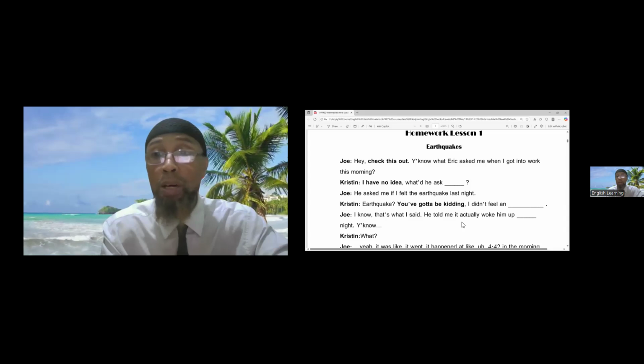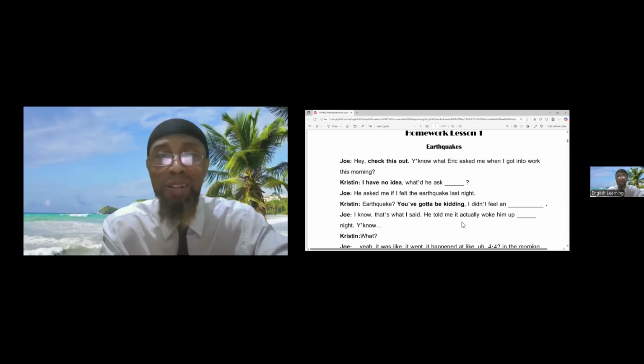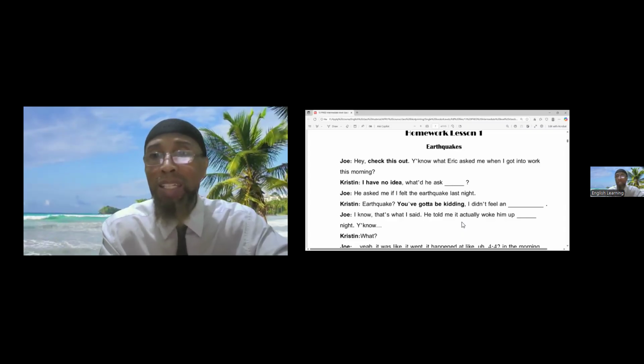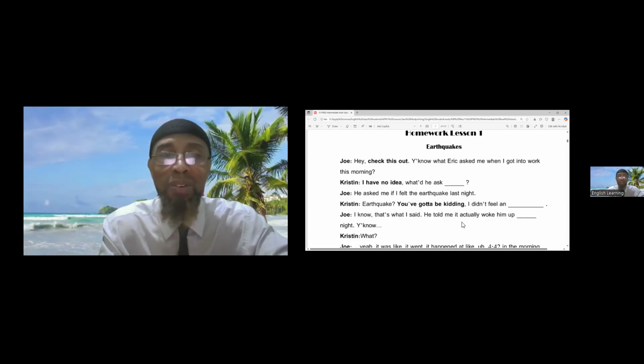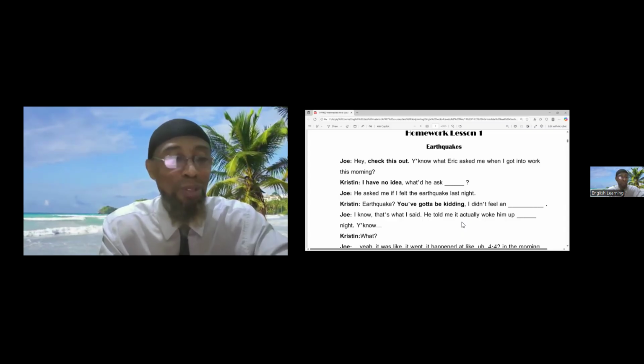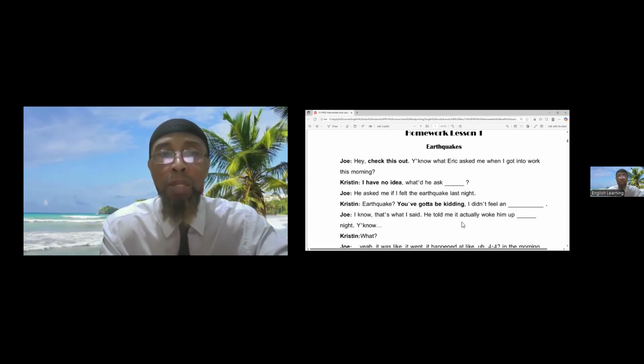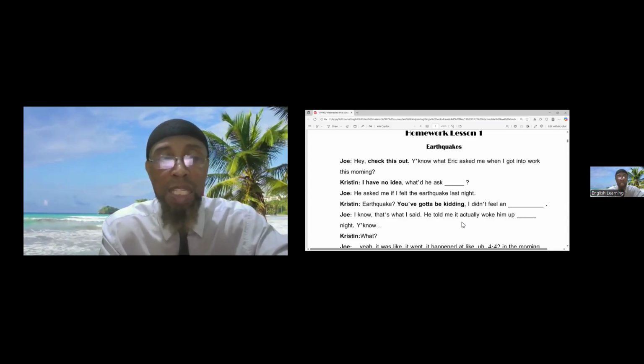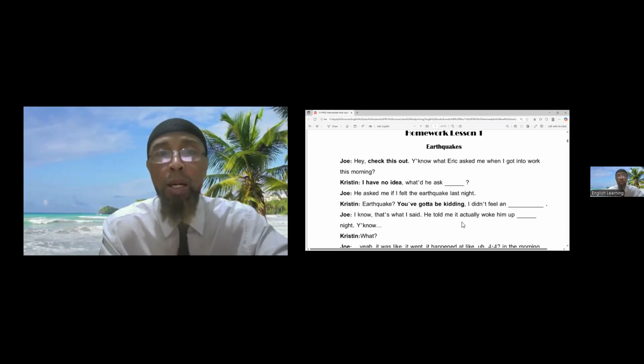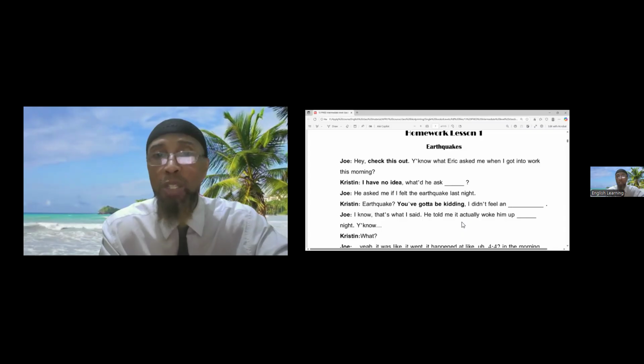I would love to make it mandatory, but I can't force anyone to do anything when they're not in class. I can't see you. So just please try to do it, because I think you're here to benefit. You're in the class to benefit from it, and I want to give you all of the keys that you need to benefit from the course in the highest and best possible way.